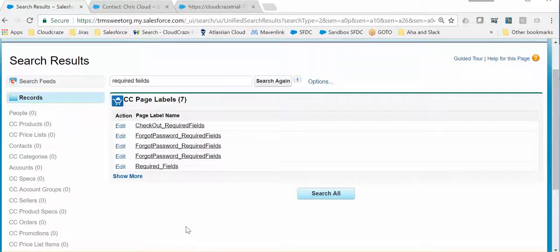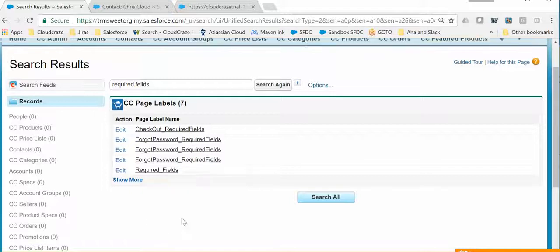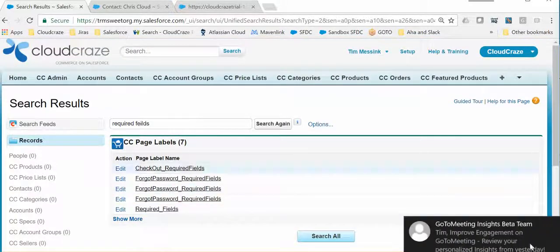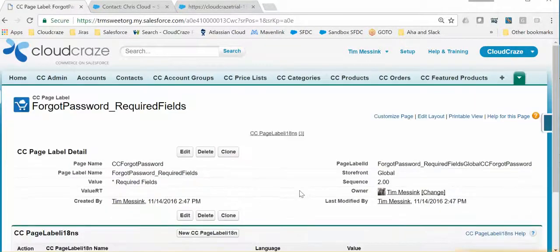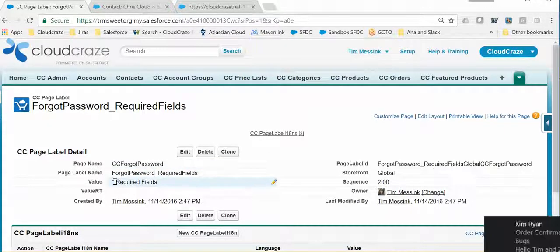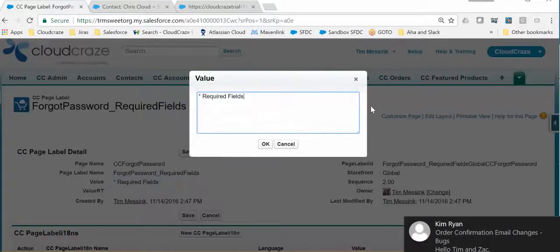Now understand, your search results may be different than mine. If you have Salesforce objects out there that contain those values, you're going to see a list of a variety of different values that will pop up. So you need to go to the CC page label if that's what your objective is. So I see required fields. I see a bunch of them here, so I'm not quite sure which one of these is the right one. So I'll click into the first one, and it says on the CC Forgot password page, there is this value of star required fields. So I will click into here,